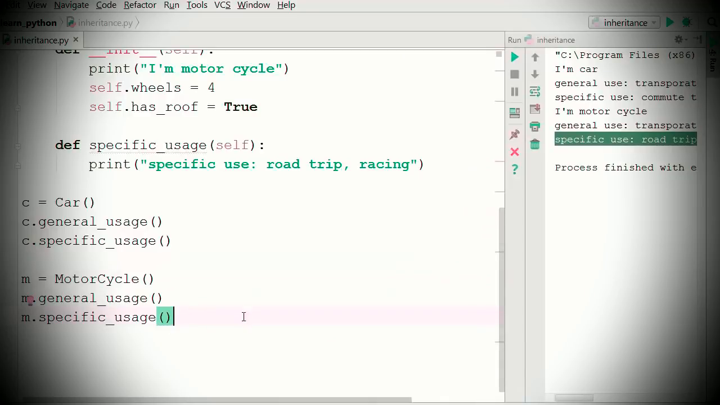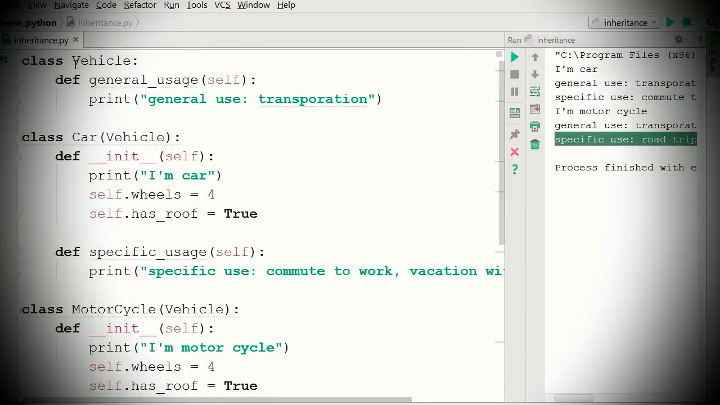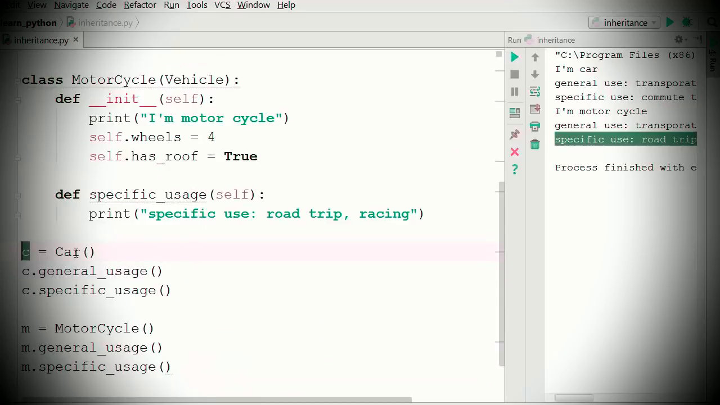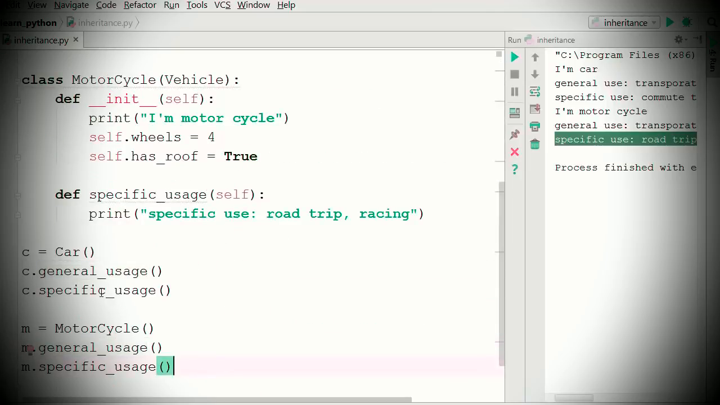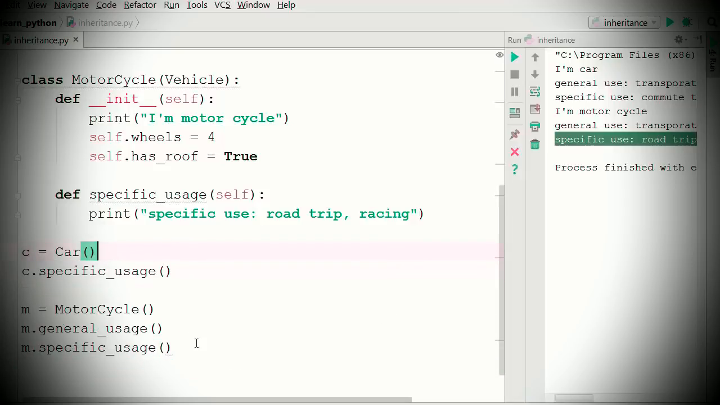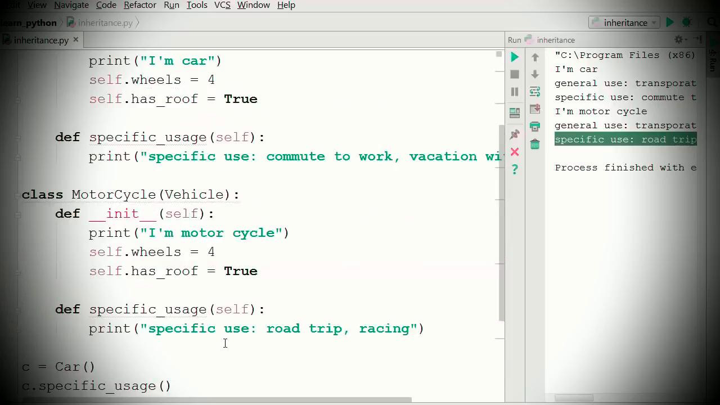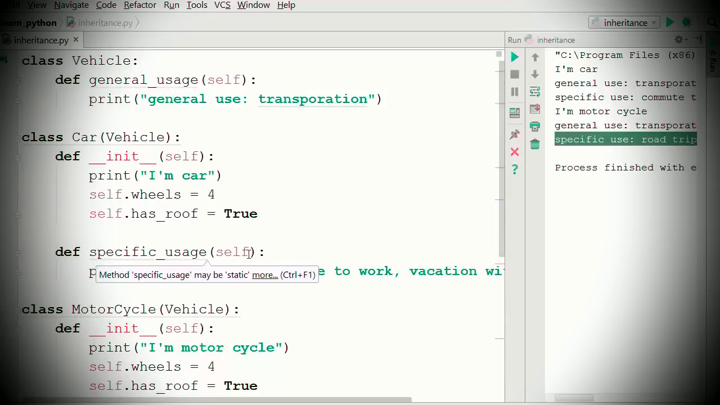Okay, so the key takeaway from this exercise is you can call a method or a property from your parent class using the object of your derived class. These car and motorcycle are derived classes, c and m are objects of derived classes, and using those objects I am calling this general usage method of my parent class, and then you can call the specific methods from those subclasses. Now if you don't want to call this general usage method explicitly, you can call that within your specific usage